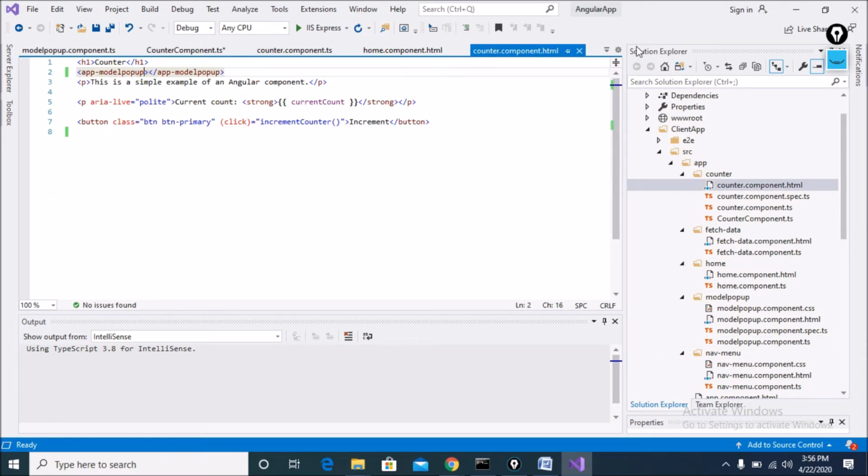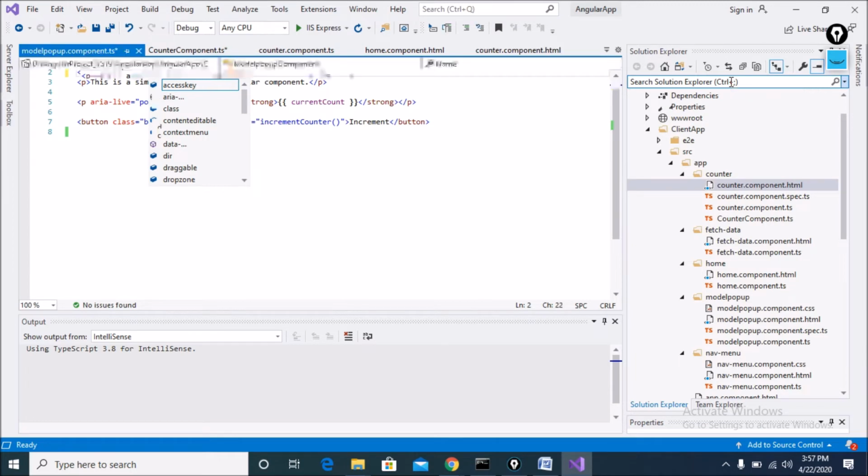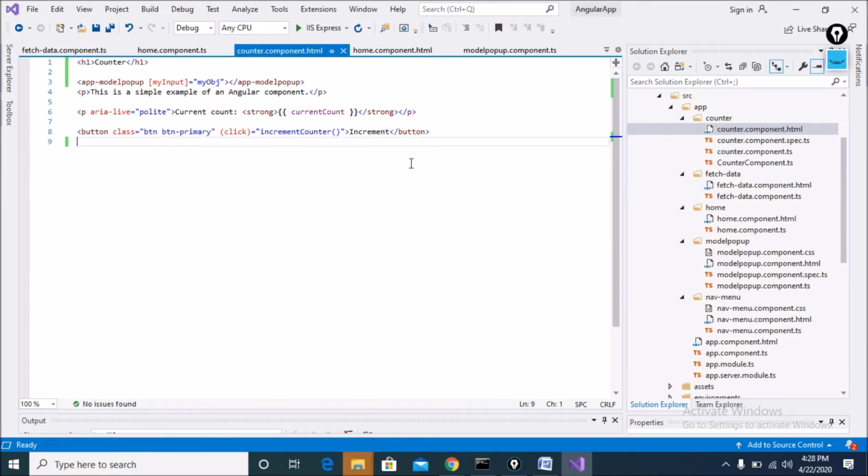You can see inside the counter.component.html here I use the generic model pop-up directive, and you can put here simply my input. Implement it similar to the counter component, inside counter.component.html, and just put my input as value and get the value, like that.